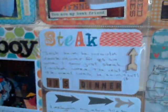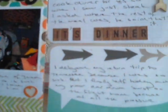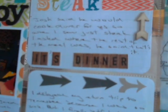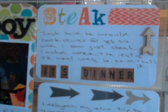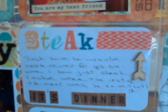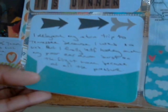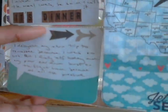stamp the date. Here it says "steak," with the arrow going up, so that describes the steak. It's "dinner," and "dinner" is in those October Afternoon letters. Steak, I actually stamped out using that Close to My Heart stamp set that I showed in the last haul, which I love. And then I put some washi. And then here is a Studio Calico card that came in the kit, and I put some arrows. Those are from the sticker sheet here,